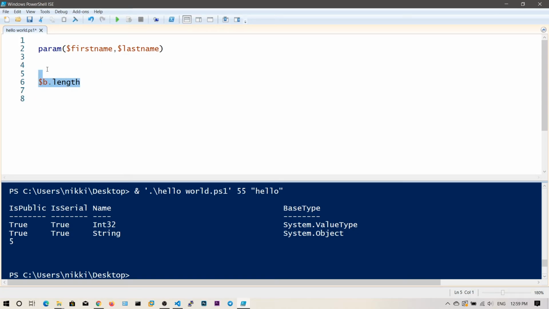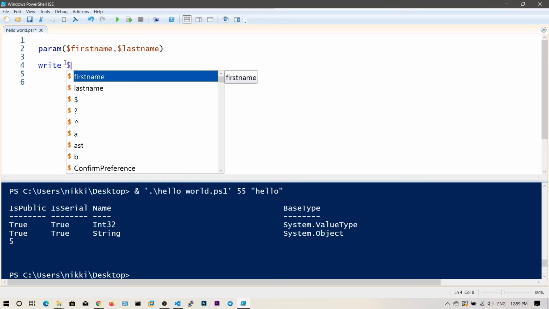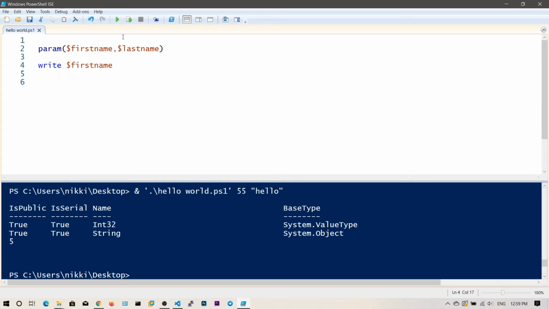Now I will show you the way, then you will get much more understanding. So now what we can say is we can say hello world, and then we can specify the first name here.